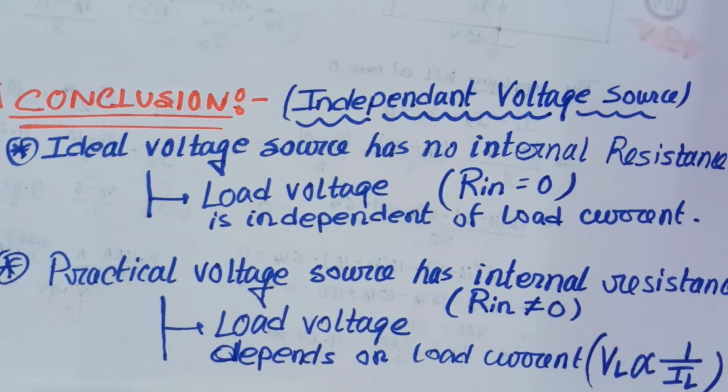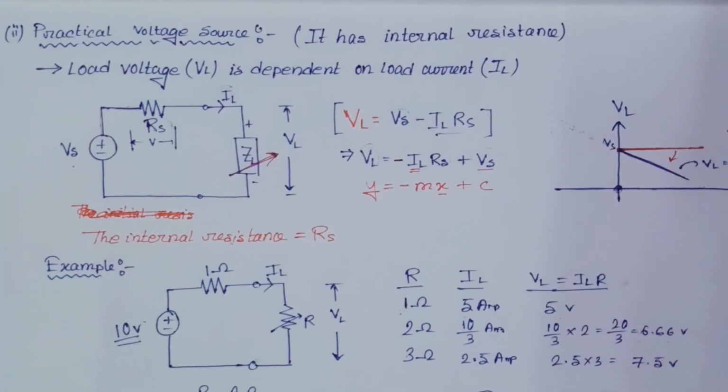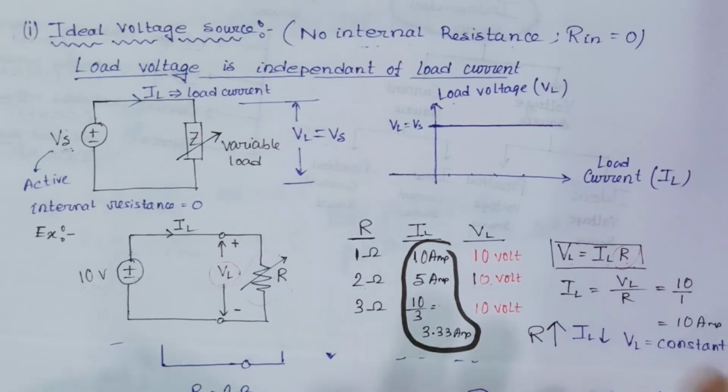Clear? So this is the conclusion for the independent voltage source, and in our next lecture we will learn the independent current source. So two types of independent voltage source, that is practical